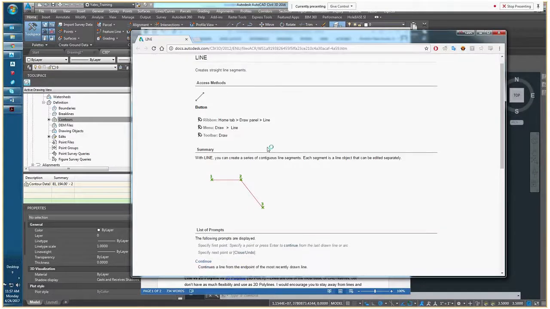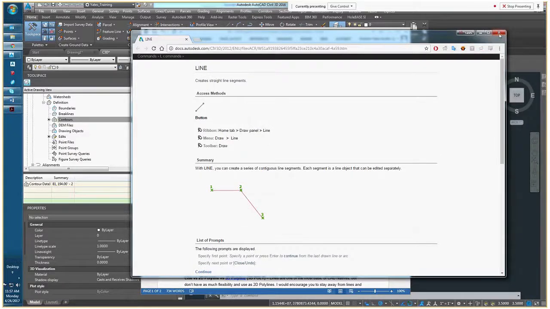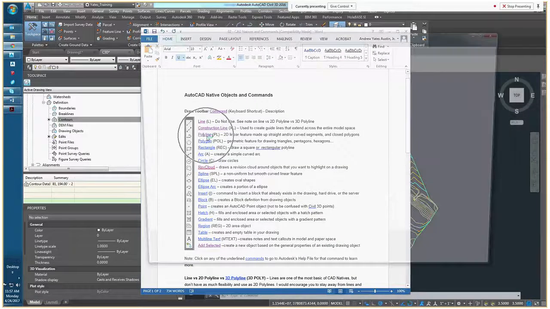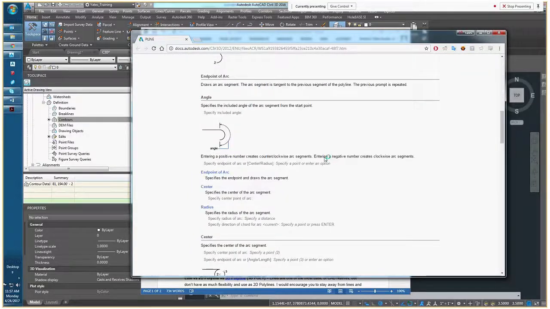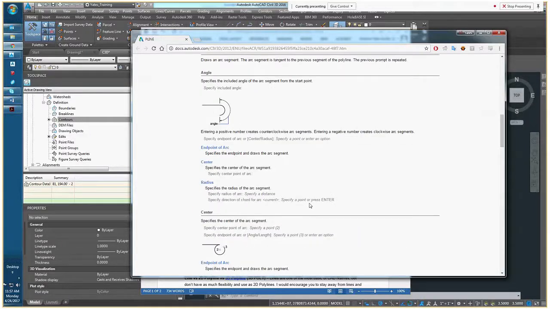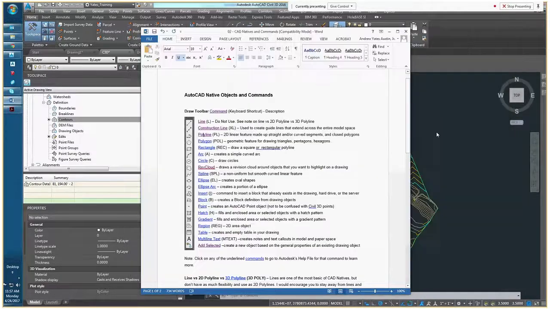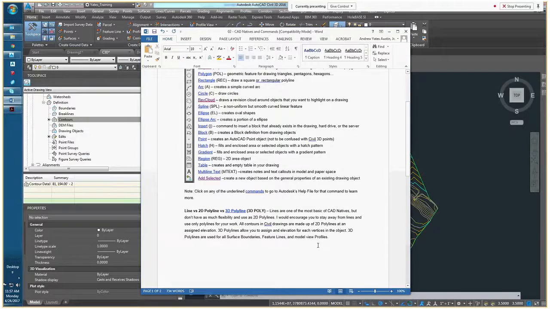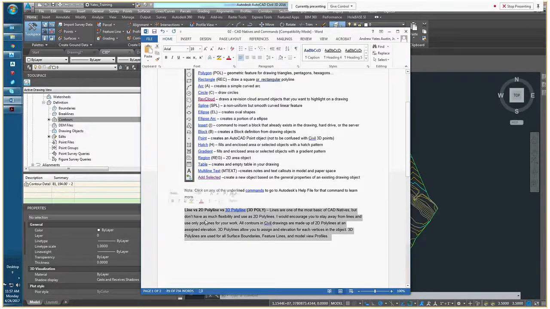for that object. So we have lines and polylines and a very thorough discussion on the Autodesk knowledge base about what each object or command contains. In this document, I have a brief discussion about lines versus 2D polylines versus 3D polylines. The 3D polyline is not in your Draw toolbar, but it can be accessed through the command 3DPOLY, typed out on your keyboard. And what I'd like to highly recommend for all users of Civil 3D and CAD is